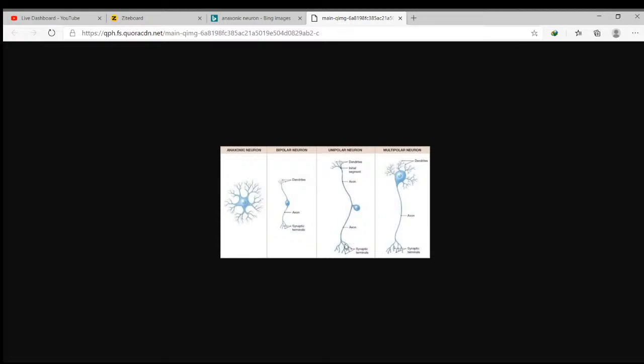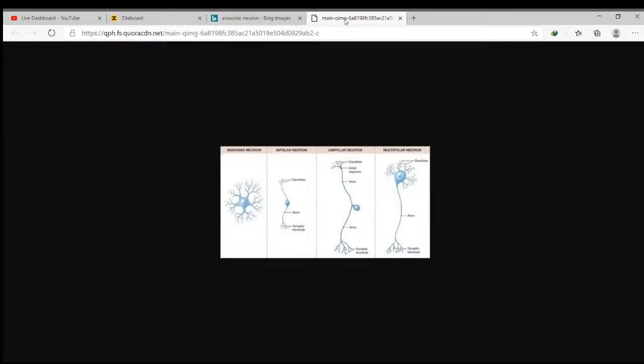So these are the four types: anaxonic, bipolar, unipolar, multipolar. Okay, anaxonic: no axon, directly from the neuron. Bipolar: two different cell processes originating from the cyton. Unipolar: a small process originating from the cyton and getting divided into two processes, and the cell body is off to one side of the cell process. And multipolar is what you have seen multiple times. In this case, the cyton will give rise to multiple dendrites, and the axon will give rise to multiple axon end bulbs. Okay,